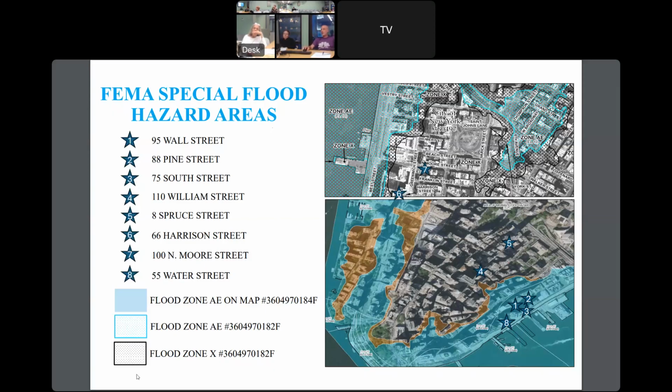So we could add that, like another box. I'm pretty sure, because I checked this a while back, that they're all AE, which is the most acute zone for flooding. So I think we're safe to say that, and I already spoke with OTI, the Office of Technology and Innovation, about it. And they immediately said, well, we'll design a different type of pole for those areas,